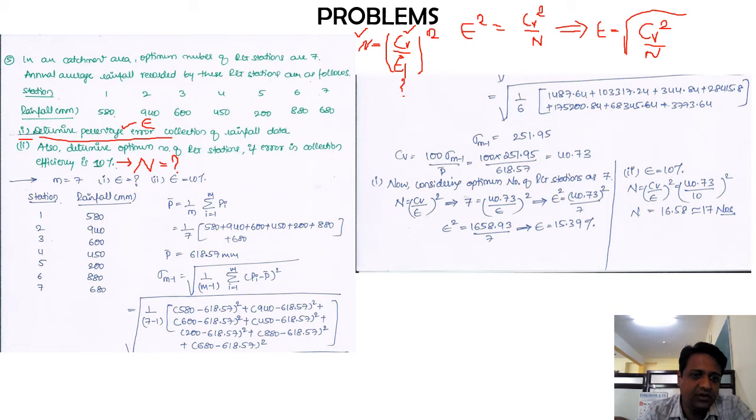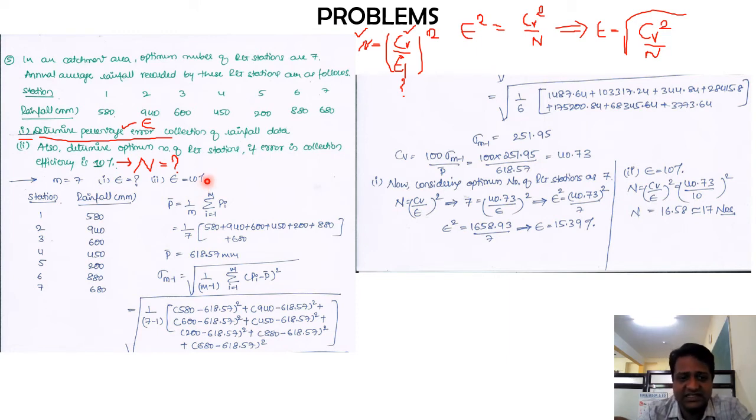Okay, so again to go ahead, we have the value of m as 7. So m is indicating the existing rain gauge stations. We have 7 rain gauge stations as per the data they have given. Similarly, I have epsilon. For the first part, if I assume this 7 itself as the optimum number of rain gauge stations, that is equal to n, then what will be the value of epsilon? And the second part is, if you consider this m value as 7, and the epsilon value is 10%, they are asking you to determine the value of the optimum number of rain gauge stations.